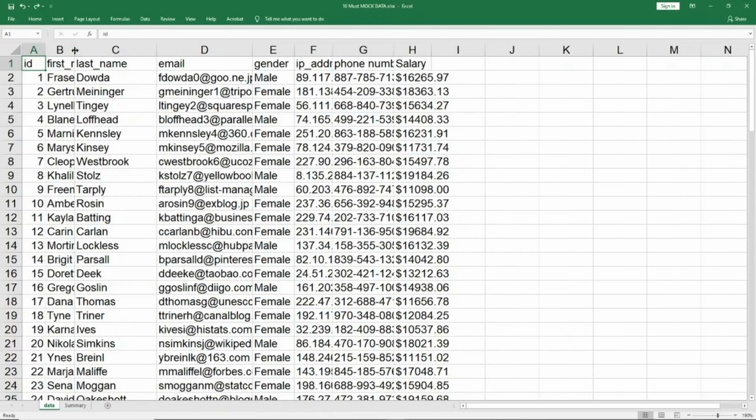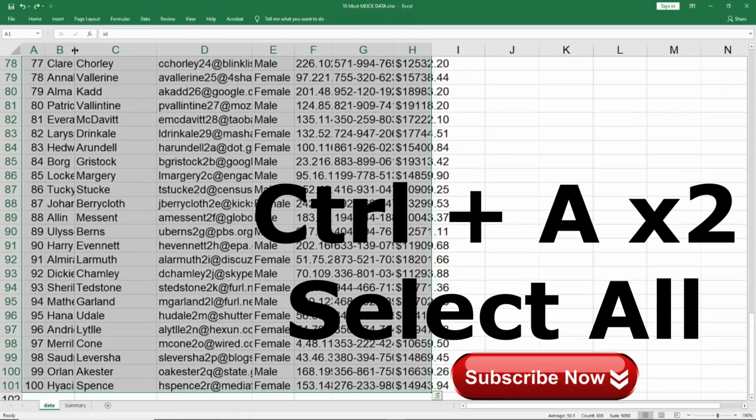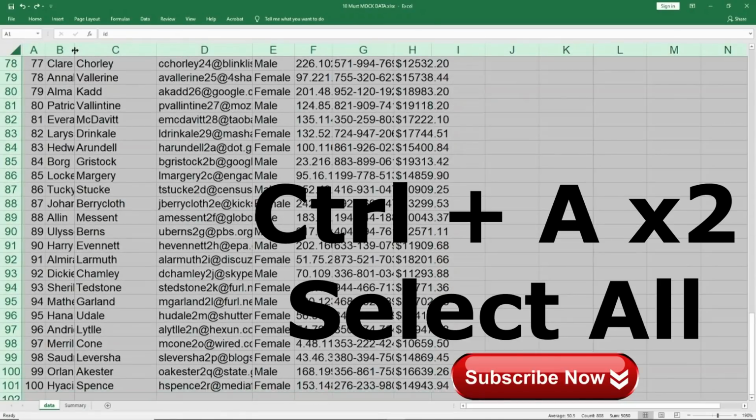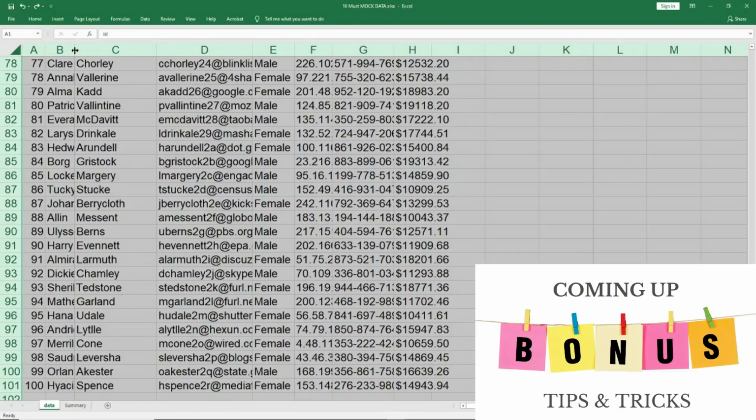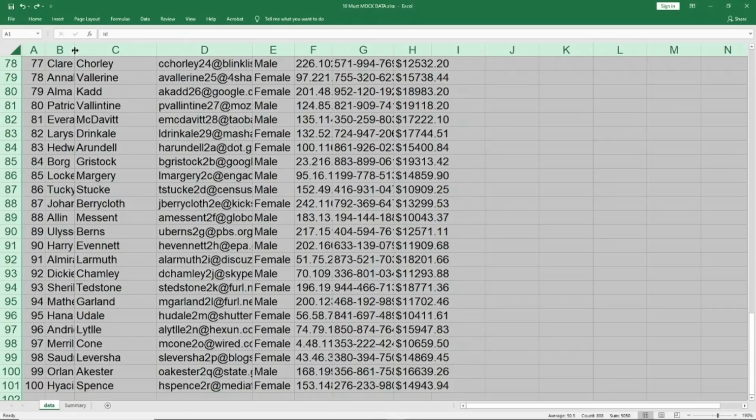What you should do is, when you download the data and you see that a lot of data is overlapping each other or it is not very clear, press Ctrl A two times because it will select all the data. If you press it only one time and there is any break, it will select the data only till that place. I will demonstrate it very quickly. If you press Ctrl A two times, it will select all the data irrespective of any space.